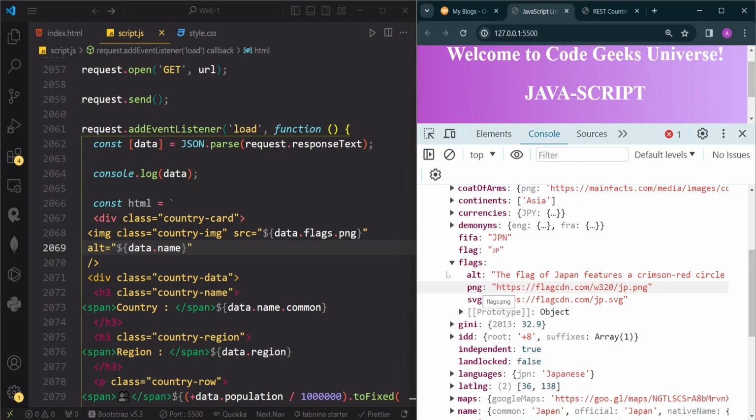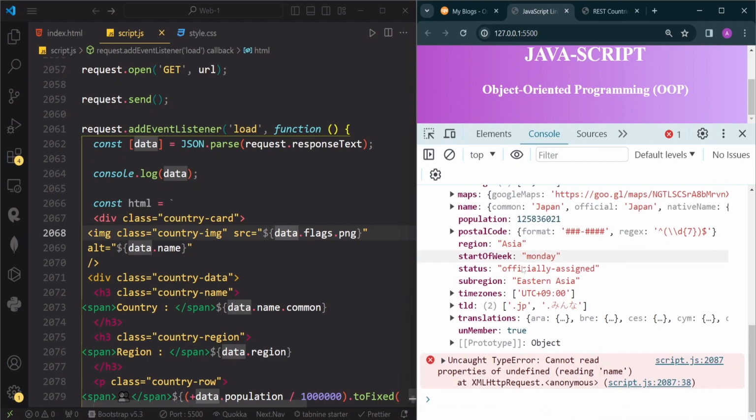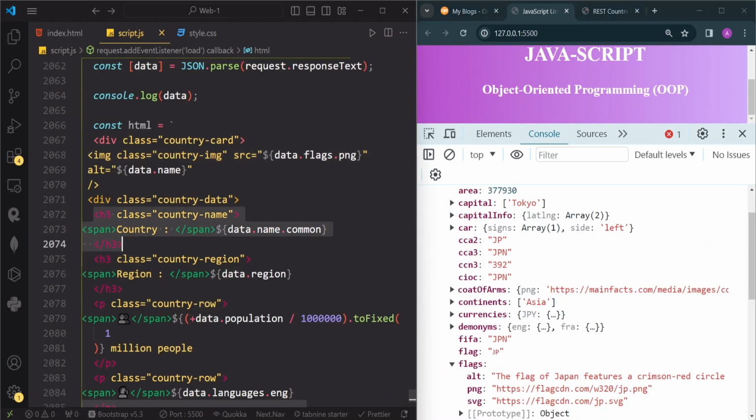So to access this, here you can see we can write data, and on this data we have this flags property, data dot flags, and then in here we have this png property, and here we have this url from where we will get the country's flag. So data dot flags dot png,